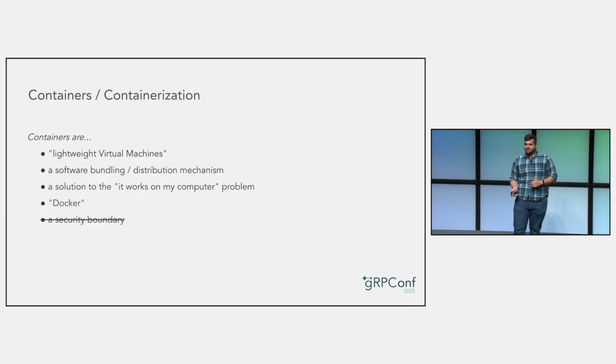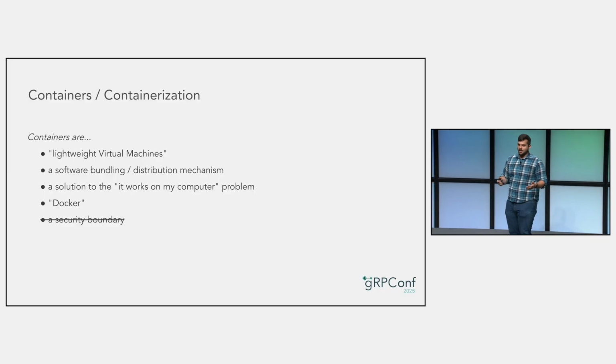Just like Maven for Java or PyPI for Python, you can pull working off-the-shelf software from Docker Hub in the form of container images. The difference is that the software bundled in container images can be written in absolutely any language. Back in the day, if I wanted to run some random piece of software someone wrote about online, I'd have to jump through a bunch of hoops to get it running on my exact version of Linux, alongside the right versions of all of its dependencies. And with containers, it really does take seconds to run any random piece of software, which is why it's a solution to the "it works on my computer" problem.